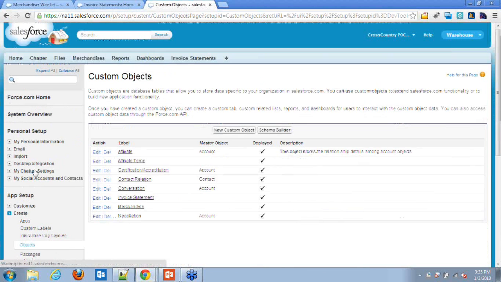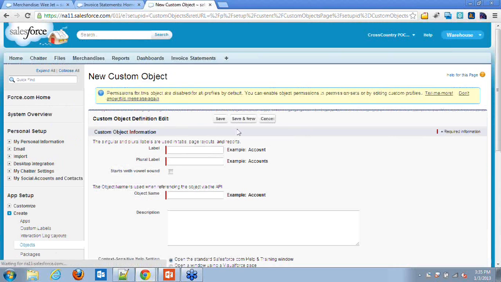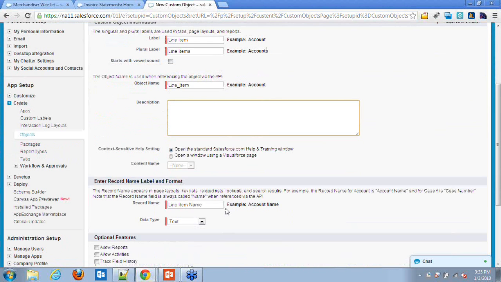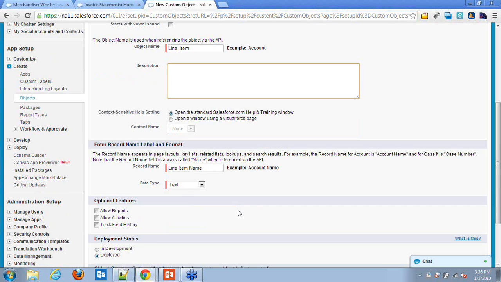Let's create one more object called line item. So from the data model, we have that merchandise, that is the product object, and we'll have these two more objects, the invoice and the line item of that invoice.